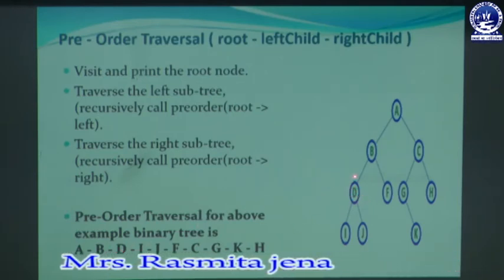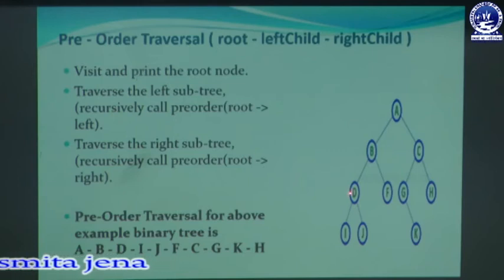Then after printing D, we will go for the left subtree for the recursive execution of the pre-order traversal. Then we will print I, because after I we do not have any node in the left or right part of the node I. After the root node we visit the left node. As we are already visiting node D, we then visit the left node present for the node D. So I is then visited.